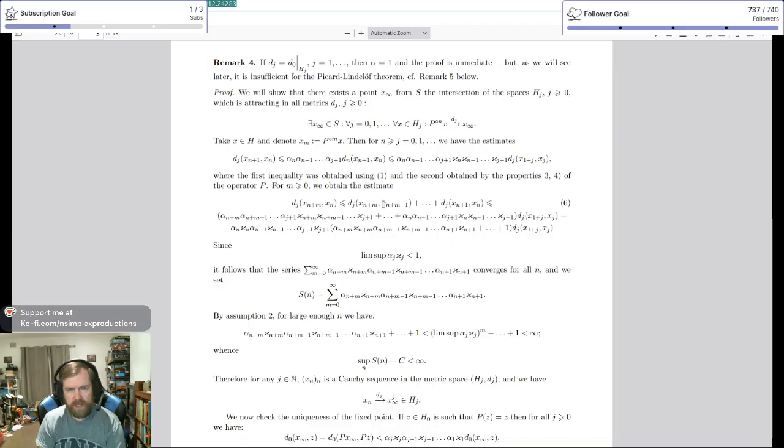Take x in h and denote x sub m, going to be defined as P composed m times on x. Then for n greater than or equal to j, we have estimates d sub j of x sub n plus 1, x sub n is less than or equal to that stuff, which is less than or equal to